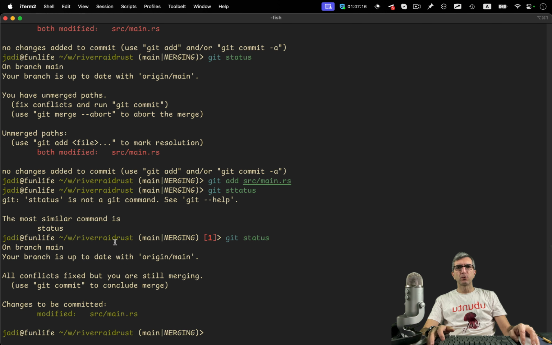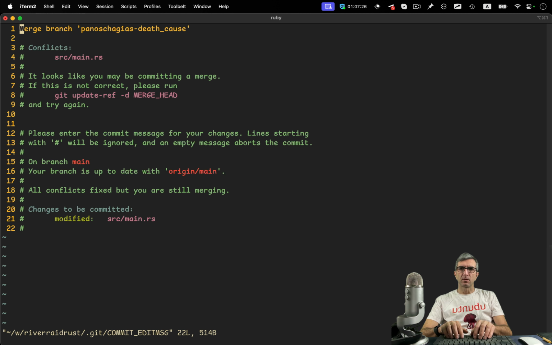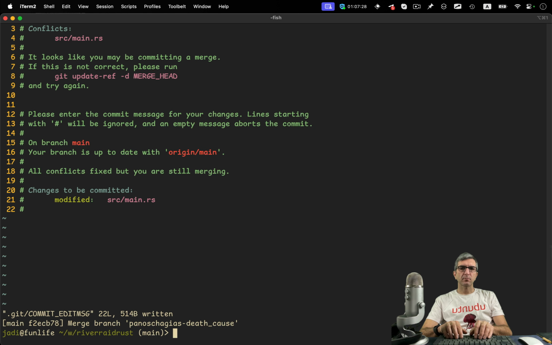Git is very helpful in its complaints. All conflicts fixed, but you are still merging. Use git commit. Git commit, and we can do git push.